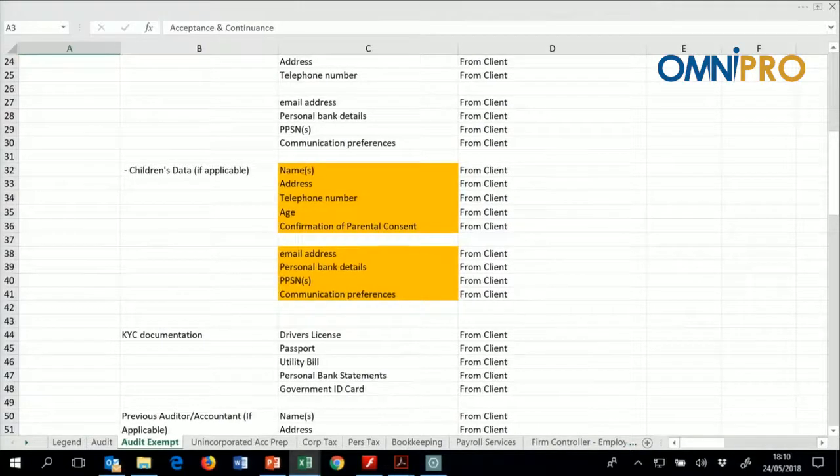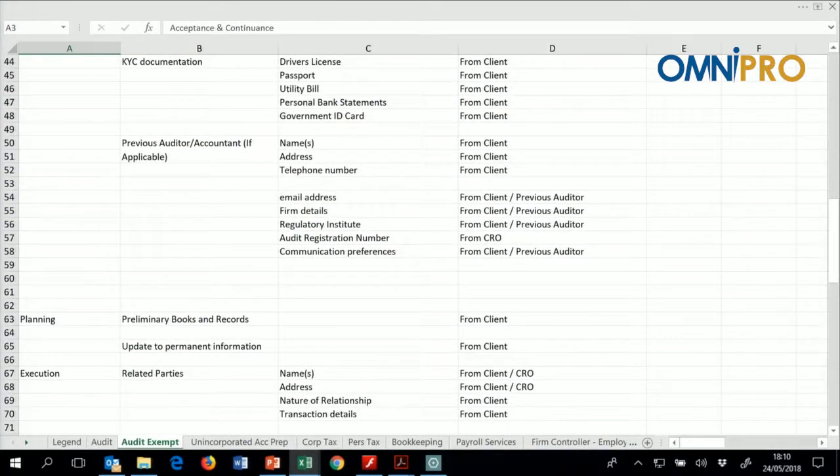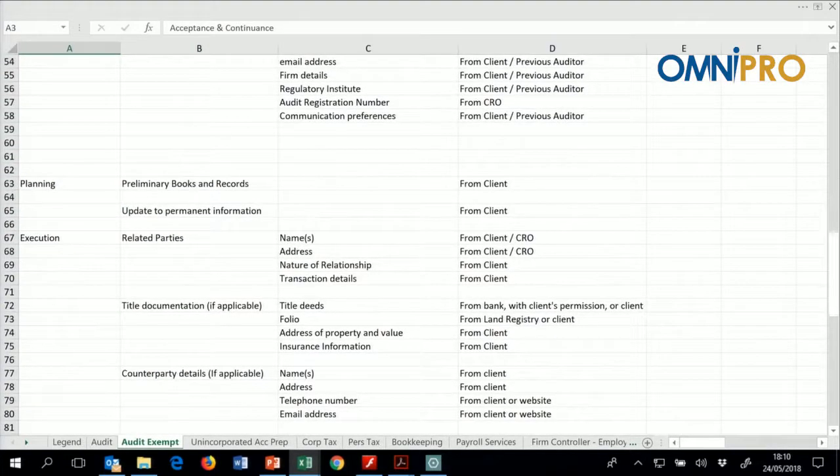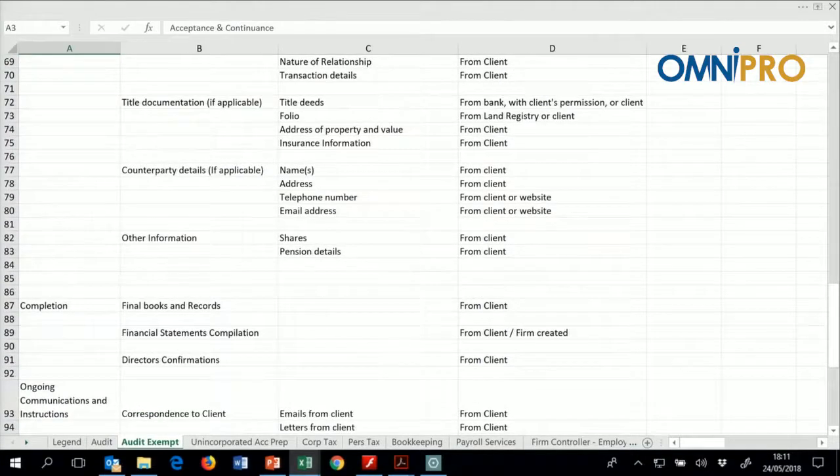Know your clients from a money laundering perspective. Driver's licenses, passports, utility bills, personal bank statements, government ID cards, all containing personal data. Previous auditors. So if we've got professional clearance, we may have details in there. And then we have the engagement itself, where personal data potentially arises